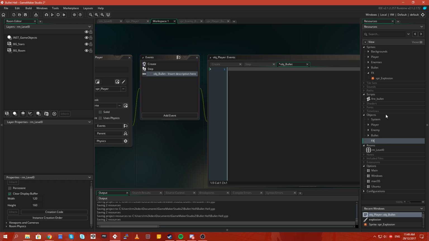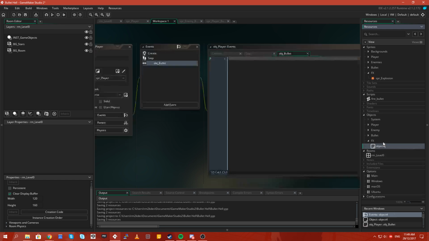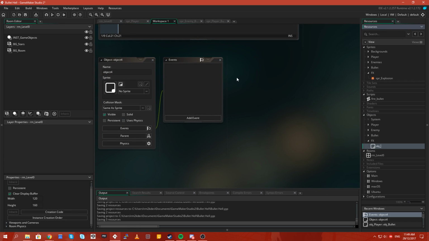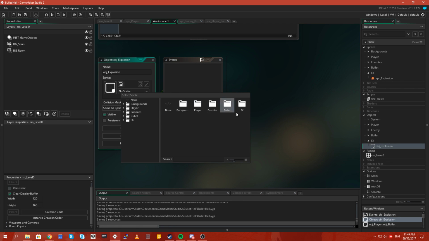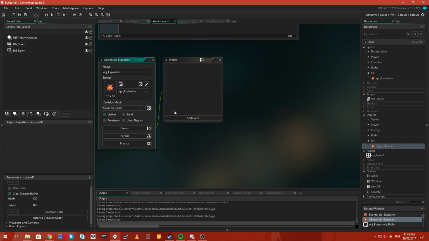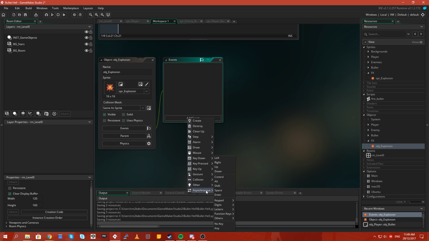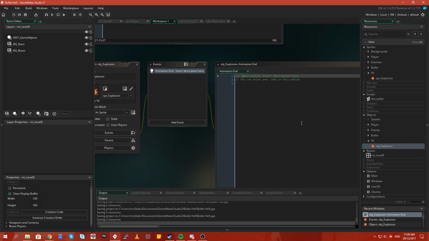I'm going to add an FX object as well, and in this we'll create an object, obj underscore, we're going to call this explosion. There we go. And then we will add a sprite, and we will use the FX sprite explosion. And then we'll go ahead and say there's an animation end function. So when the animation is completed,